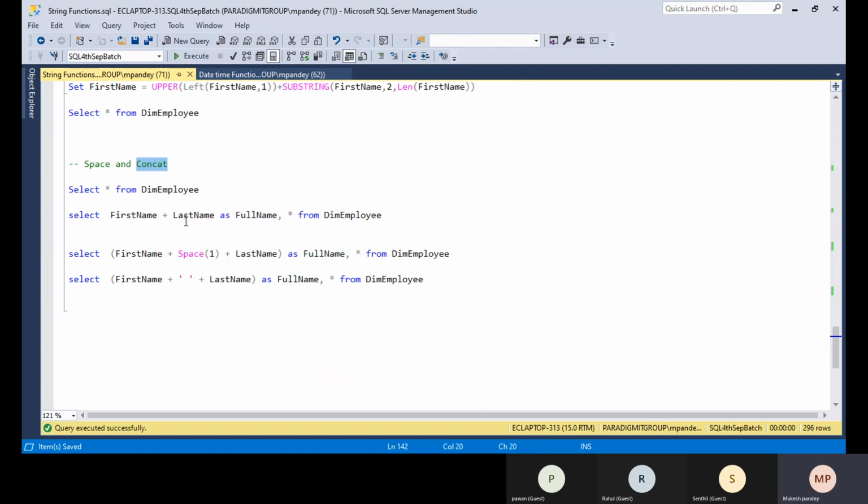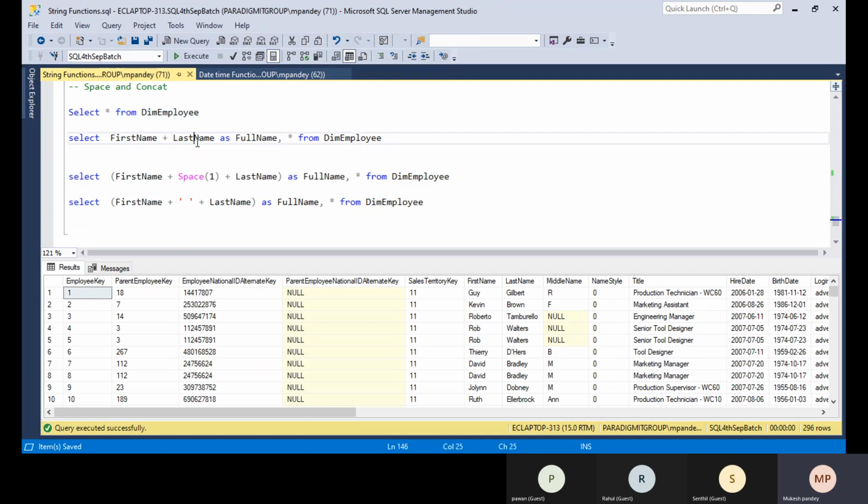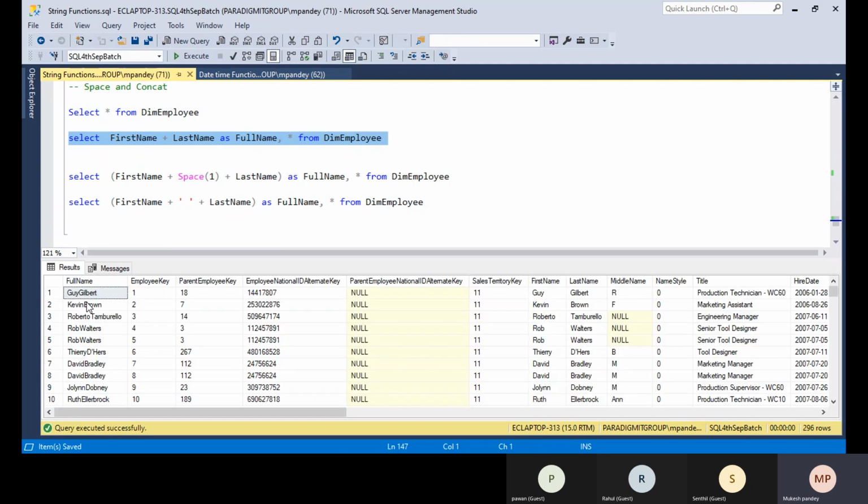Like for example, if you want to display the full name, that is the concatenation of the first name and the last name, you can use the plus symbol here to concatenate the two values. And if you want to put a space between the two values, if you put it like this, there is no space between the first name and the last name. But if you want to put the space, either you can use the space function, okay, so within the bracket, whatever the value you pass, 1, 2, it will give that number of spaces like this.